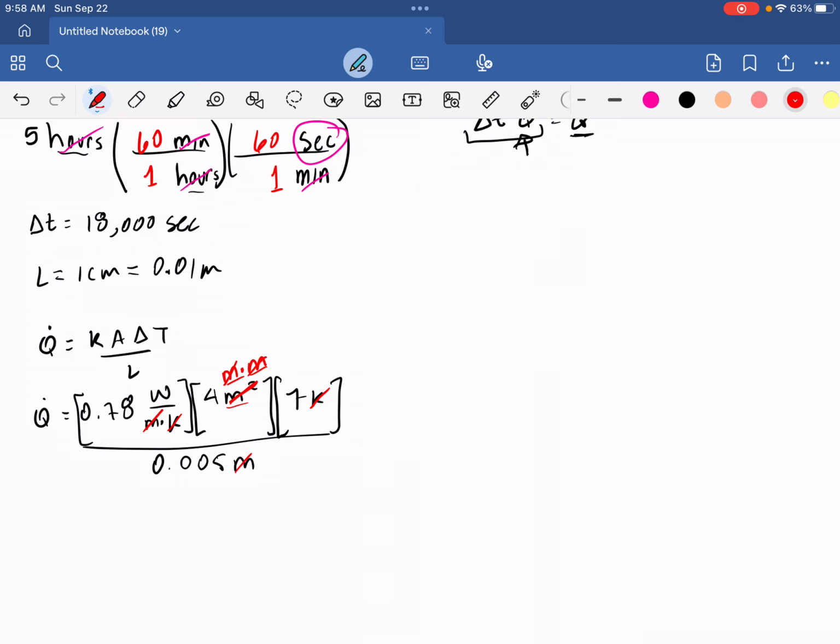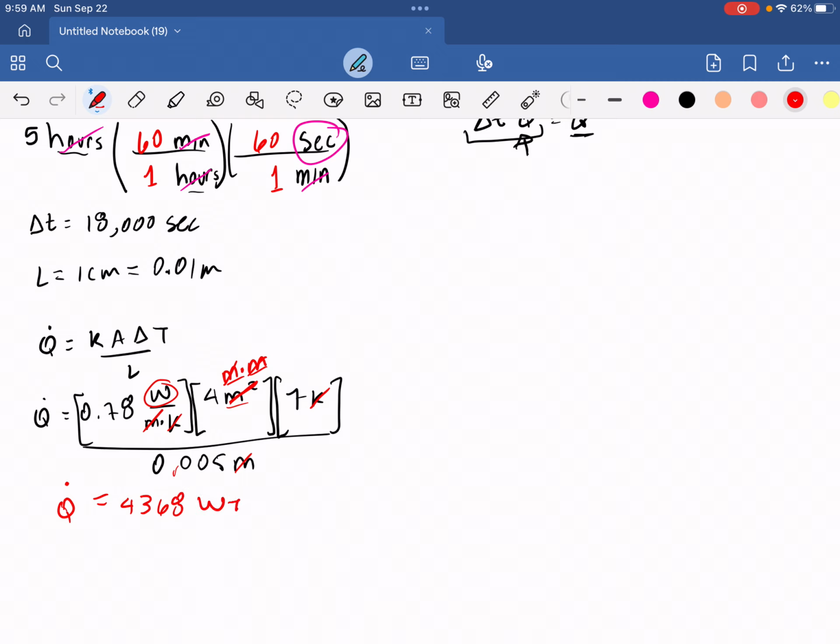Therefore, I'm left with watts. To do the whole math, 0.8 times 4 times 7 divided by 0.005. At the end of the day, once you do all of that, you get 4,368